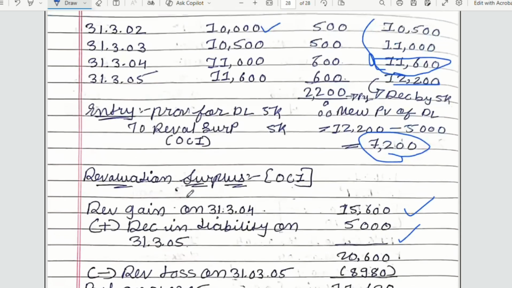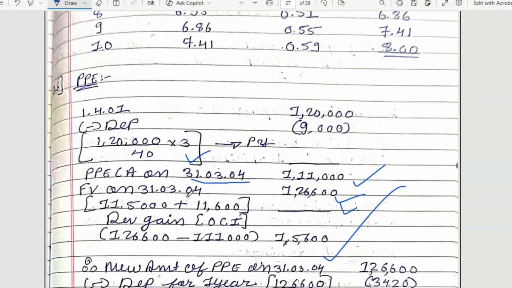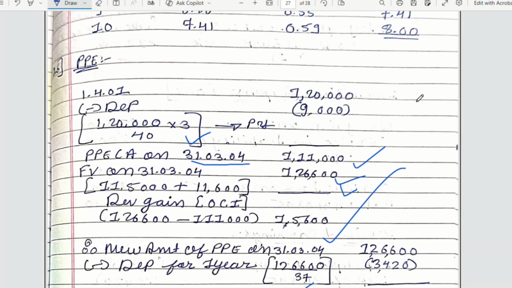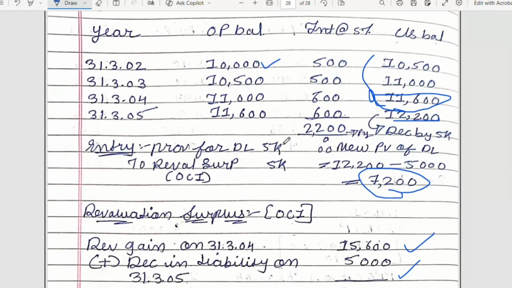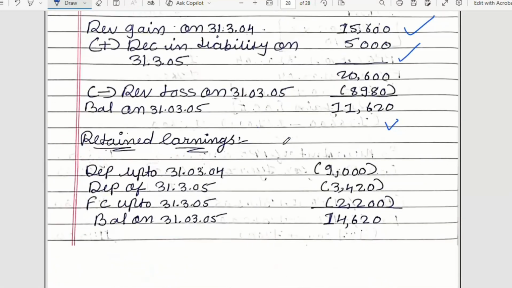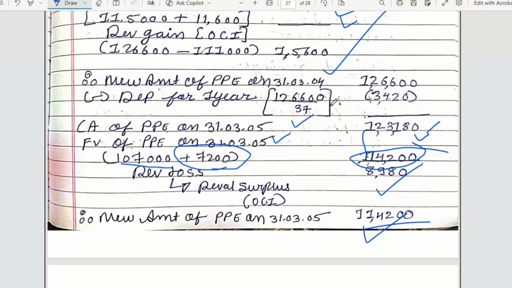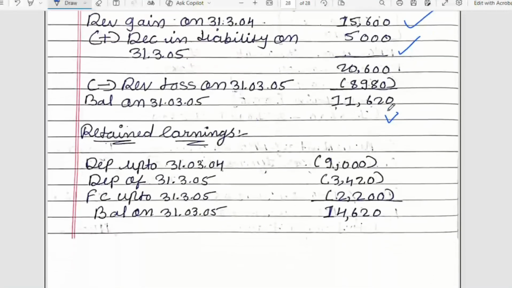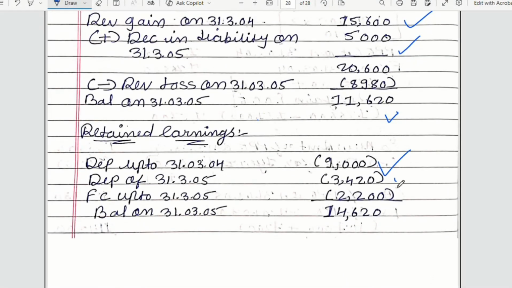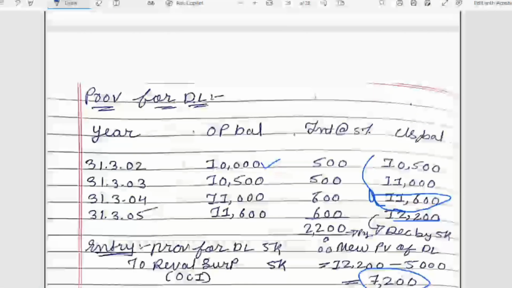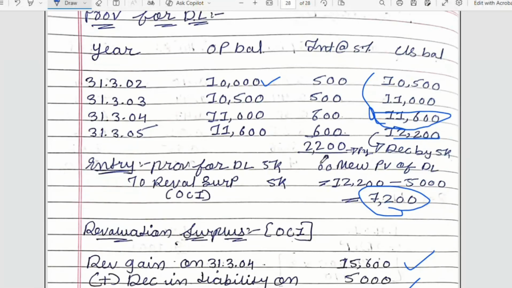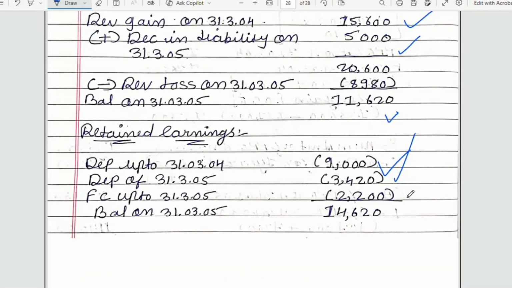अभी रिटेन अर्निंग्स का मतलब है कि पीएनएल में कितना अमाउंट जाएगा। पहले तो डेप्रिसिएशन, पहले के 3 साल का डेप्रिसिएशन हमने यहाँ पे कैलकुलेट किया था। 3 साल का 9000 एंड फिर फिफ्थ ईयर का डेप्रिसिएशन 3420। तो डेप्रिसिएशन बुक कर लिया। और फाइनेंस कॉस्ट 5 इयर्स का यहाँ पे है 2200। सो उसको भी हम लोग पीएनएल में चार्ज करेंगे। तो ये टोटल अमाउंट होगा हमारा रिटेन्ड अर्निंग्स में। डन।